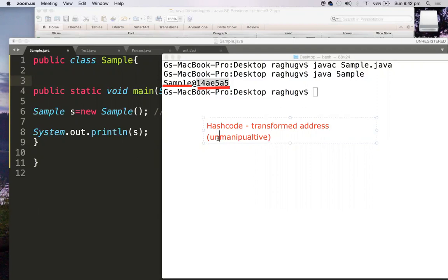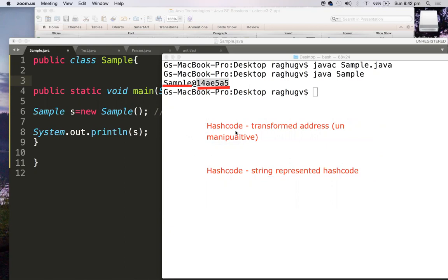Pointers are manipulated, but hash codes are not. What has happened is the hash code was converted to a string. So the string-represented hash code is what we are seeing here. This 14AE5A5 is a string-represented hash code.